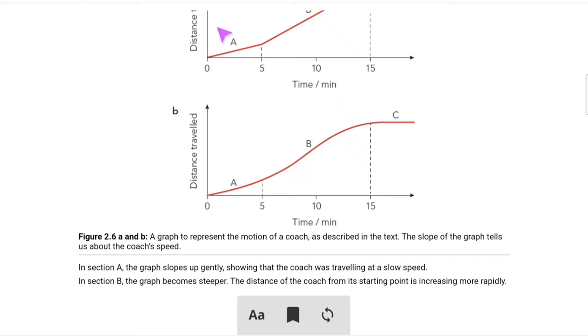a slow speed. Here the slope is low. So what does that mean? It is traveling at a slow speed but it is having a constant speed. Always, if it is a straight line passing through the origin, we can say it is having a constant speed. So if it is a straight line passing through the origin, it is having a